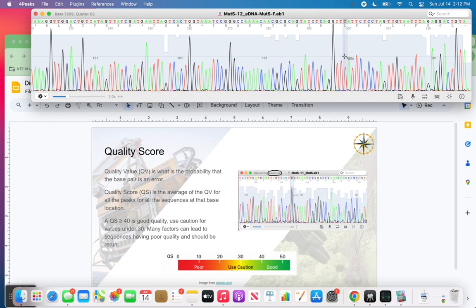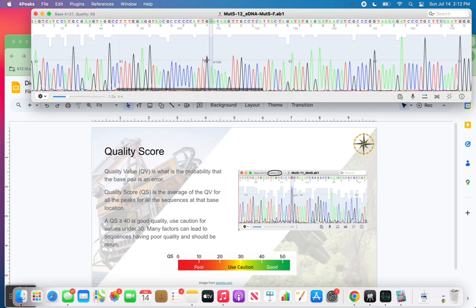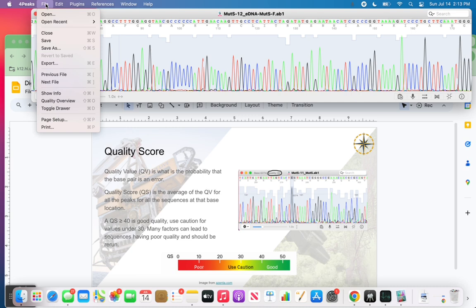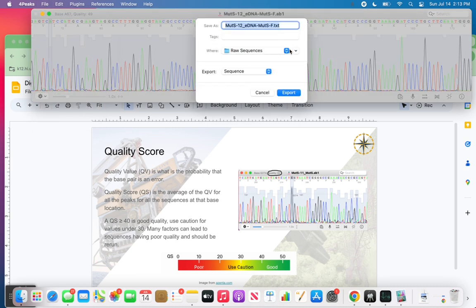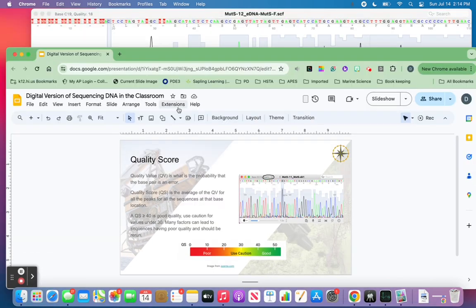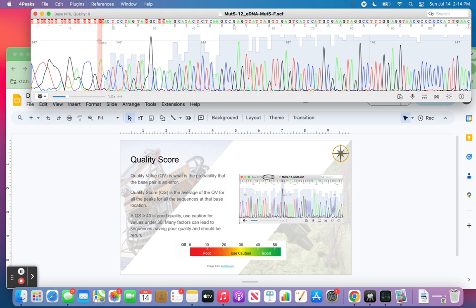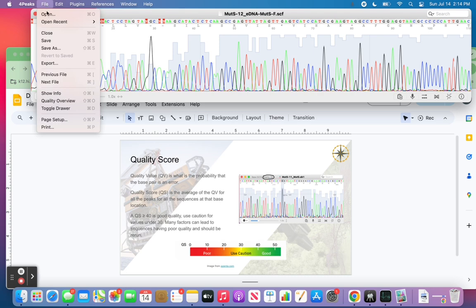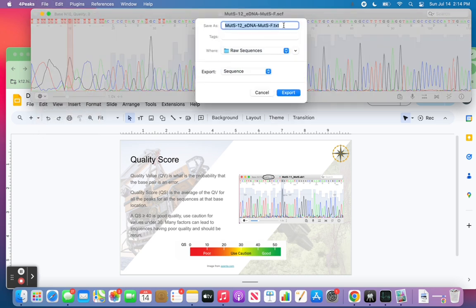Okay, so now we've checked out our chromatogram, looking at it. It looks very pretty. But we're going to need to use this data. So now you're going to export. All right, so now we're going to export this sequence. You can go to File, Export, and we're going to rename this. I'm going to take out the text, and I'm going to change it to a FASTA file